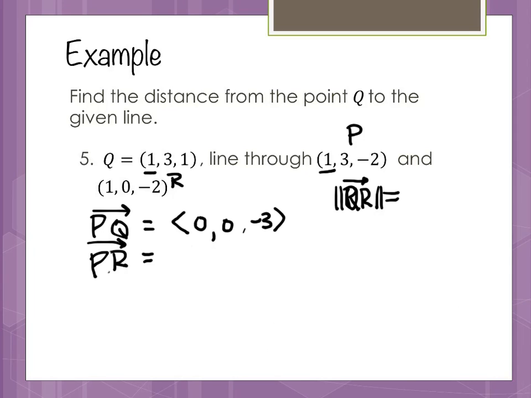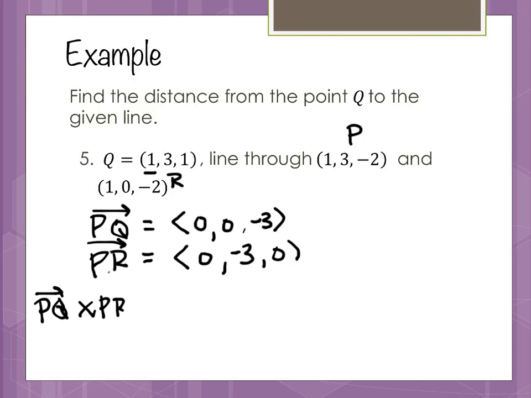Okay. So we did the point P to Q, and then I need the point from P to R, which was my other one. So if I start with R and go back to P, I'm going to get 0. And then I've got 0 minus 3, so that's negative 3. And then I've got negative 2 minus a negative 2, which is 0. There we go. All right, so I need the cross product of PQ